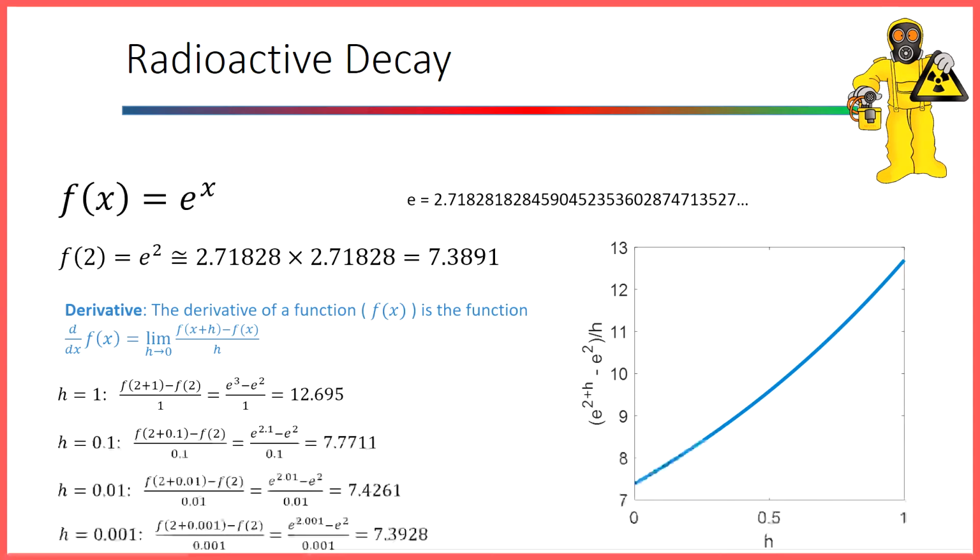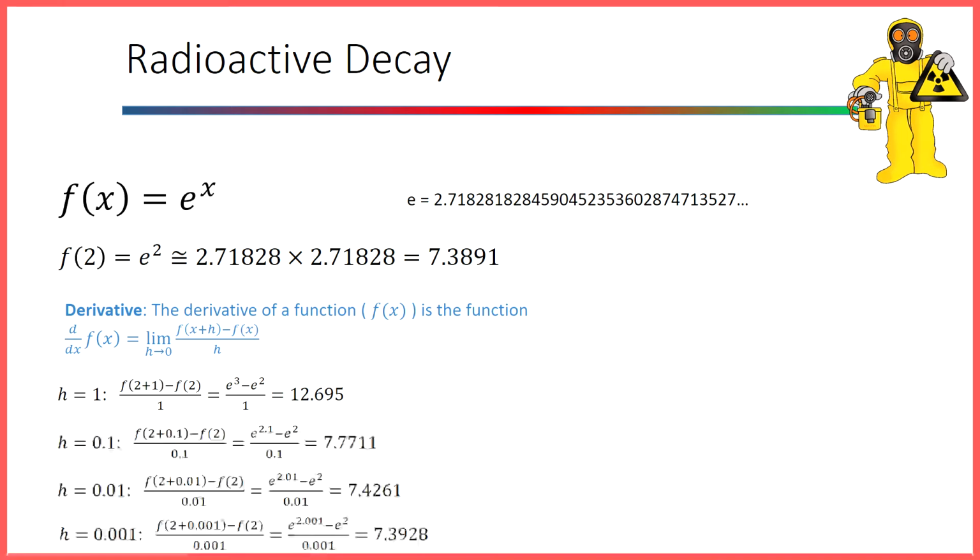All right, let's try this again, picking another value for x. Let's try x equals 3 this time. All right, now we compute that f of 3 equals e cubed, which is equal to 20.0855. Okay, let's try to estimate the derivative of f of x when x equals 3. Let's try using our limit definition of the derivative again, with h equals 1. This time we've got f of 3 plus 1 minus f of 3 all divided by 1, which is equal to e to the 4th minus e cubed divided by 1,